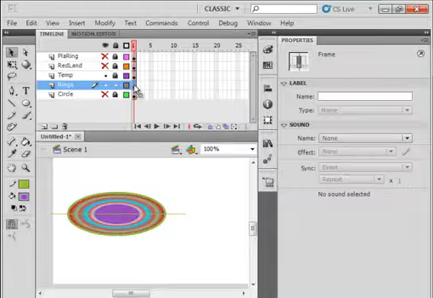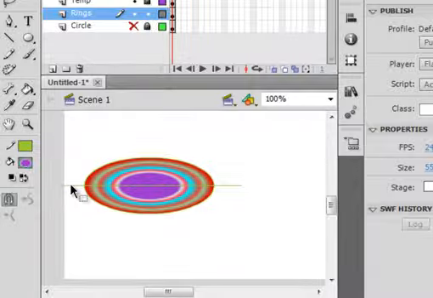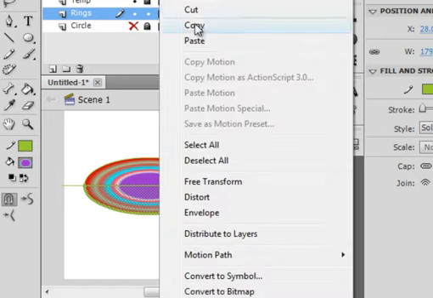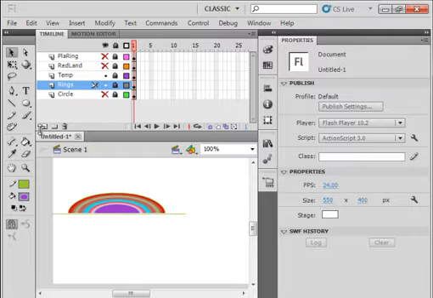Click frame 1. Make sure it's nothing selected. Put your cursor here and drag across. Half the rings are selected. Right click, cut. Lock that layer. Insert a layer and call it ring,